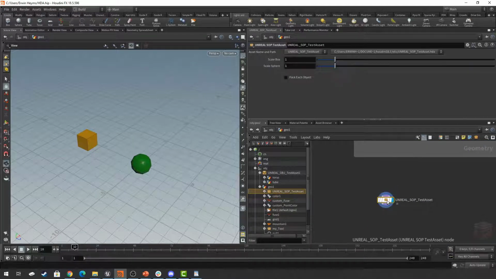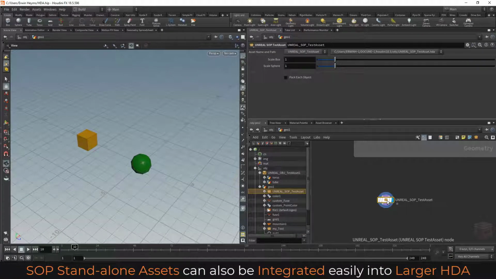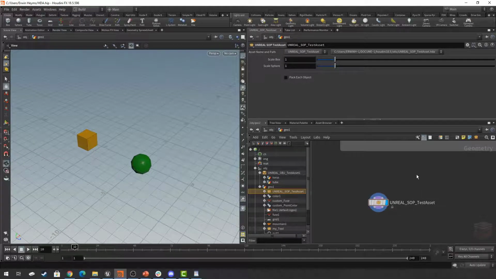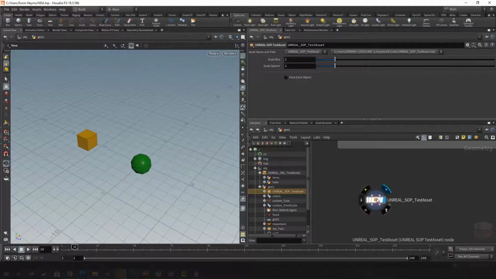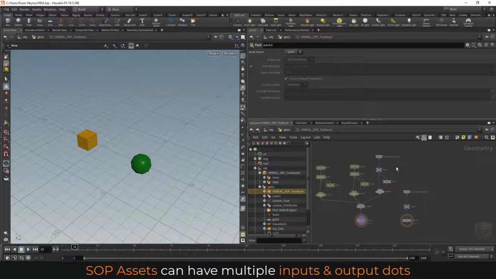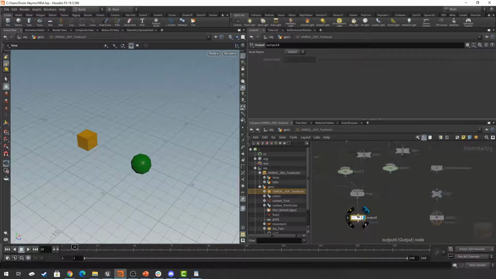We can also make standalone assets that do something that we can then nest inside bigger tools to make more complex tools. That's one of the benefits of the SOP level asset. Next to that, they come with their own inputs and outputs. So in this case, I have inside of this node 3 channels. 2 of them are generating a sphere and a cube. And then I have one input over here that's grabbing data from the outside that merges into output 0, and